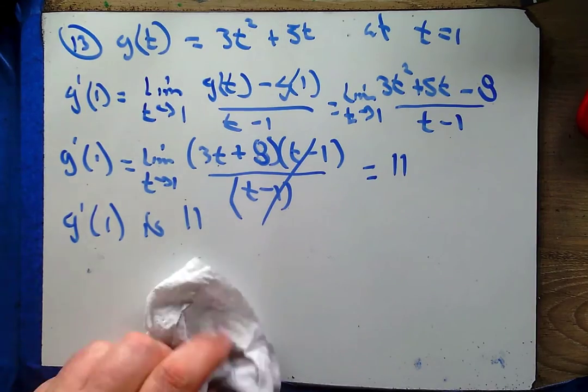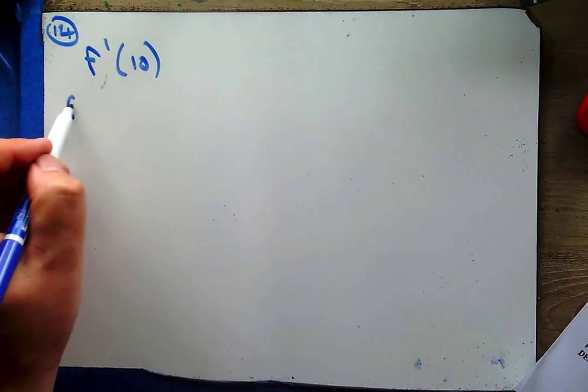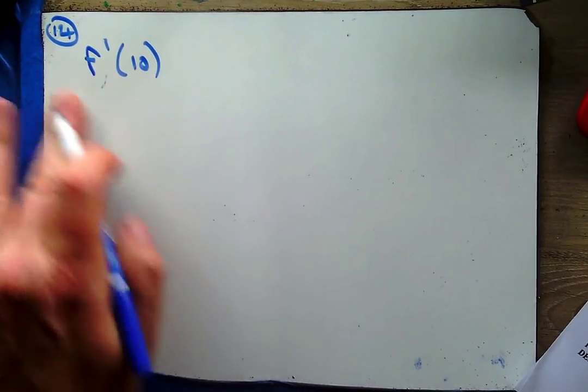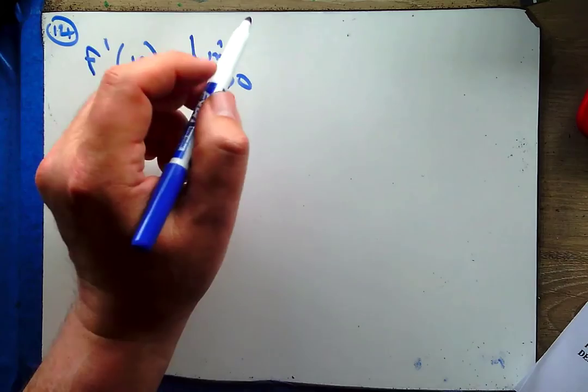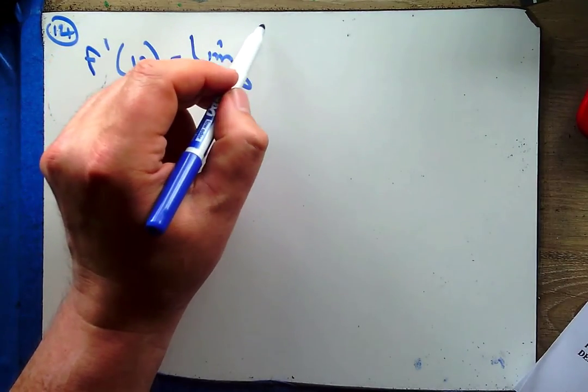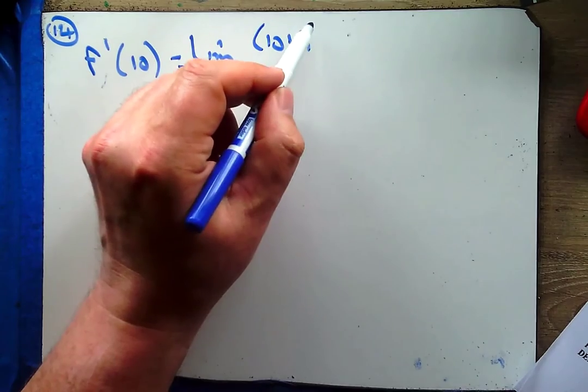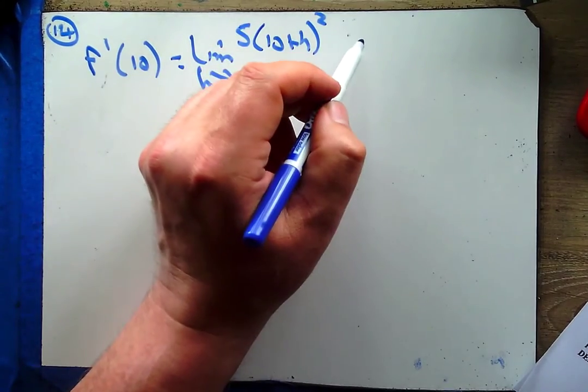All right, so that's that limit definition. And now we'll use another limit definition of the derivative, just so that we practice. So now we're looking for, this is problem 14, f prime of 10. And so I'm going to find f prime of 10 by doing a limit as h heads to 0 of f of 10 plus h. So I've got 10 plus h squared, don't lose the 5,